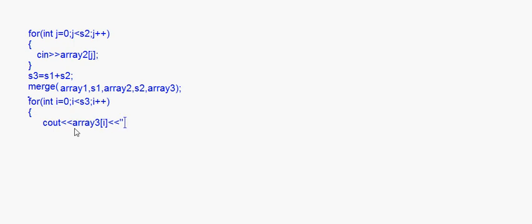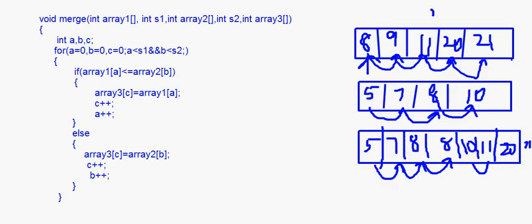And let's put some space here like this, fine. This will display the array and then return 0 for that main function, and then close the main function, fine. So this is basically the merge function, and the whole program I have written for that. This is the main function, and here I have written the merge function.